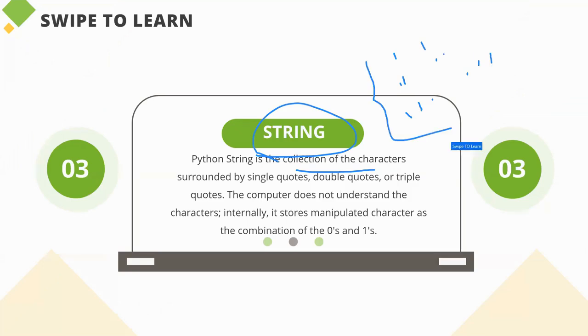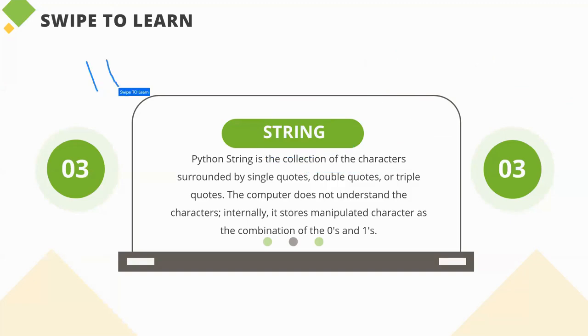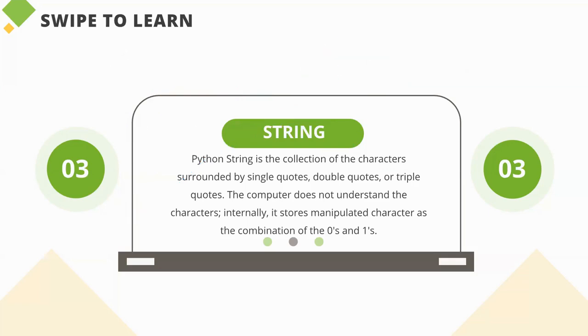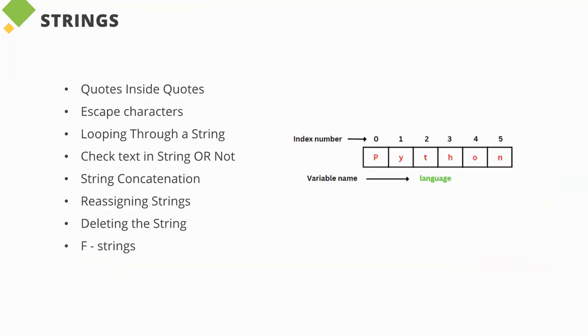See, if the string is hi, H has its ASCII value, and I has its ASCII value. The zeros and ones are converted and stored in the memory, but not the H and I letters. So we store the combination of zeros and ones,